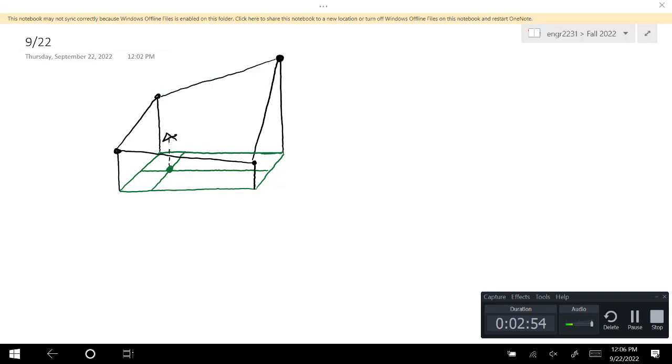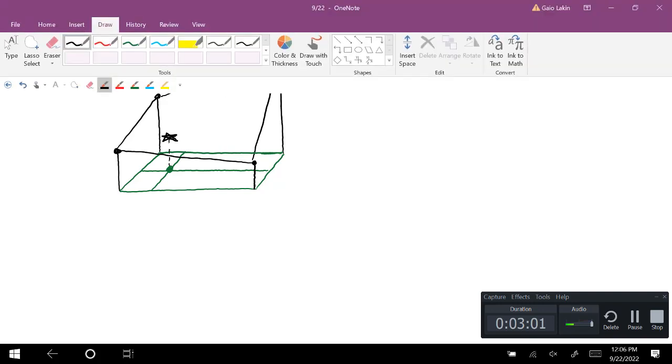This is what we're trying to approximate, and the two ways of doing the interpolation